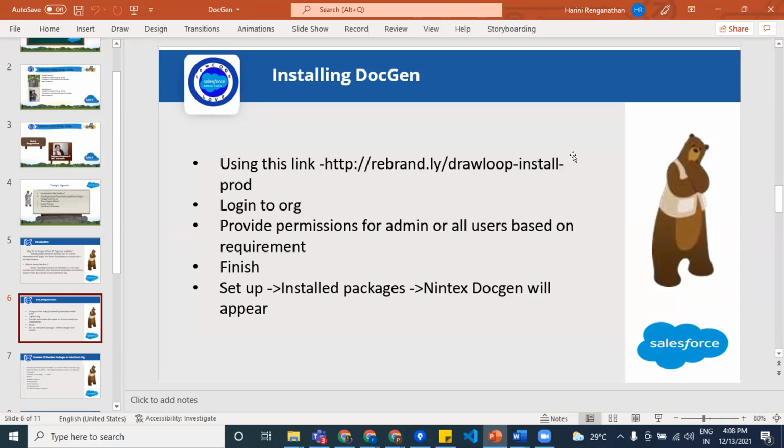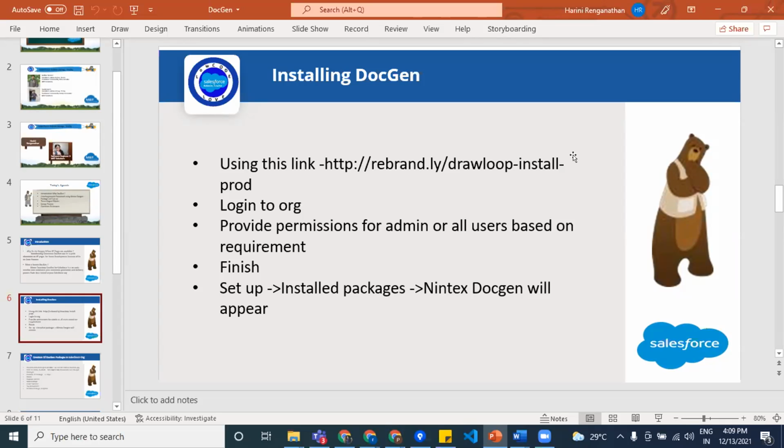Unlike other packages, DocGen will take a couple of minutes extra, since it has its own applications, objects, and other functionalities that are a little bigger compared to other small packages. It may take time to install, but post 5 minutes, you'll receive the confirmation mail, and DocGen will be installed.